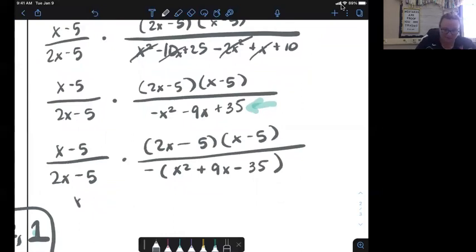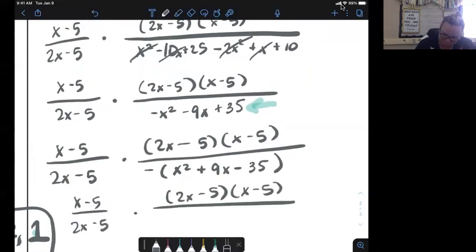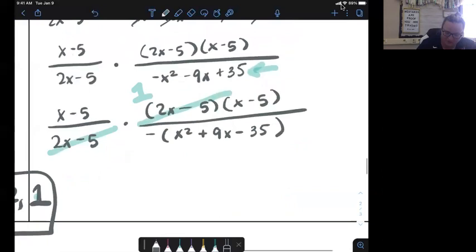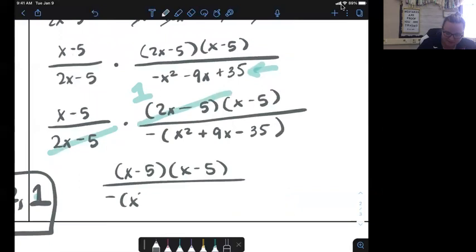And let's see if that will factor. It might not. See, x and x, 5 and 7. That doesn't make positive 9. Okay. So if that's not going to factor further, then we can just start simplifying. So 2x minus 5 divided by 2x minus 5 is 1. We're left with x minus 5 times x minus 5 up top, and then negative times x squared plus 9x